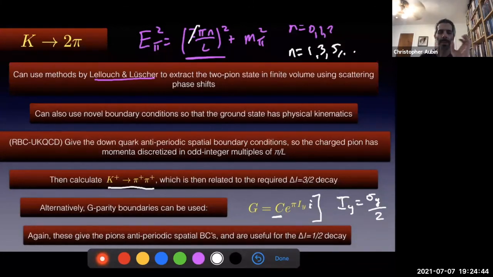But if you use these boundary conditions on all of the light quarks, then this also gives the pions anti-periodic boundary conditions in the spatial direction. And you can actually use this for the delta I equals 1/2 decay process. Of course, I'm skipping over a lot of the technical difficulties, but again, I'm going to refer you to a paper by RBC and UKQCD. These combined give really good results for